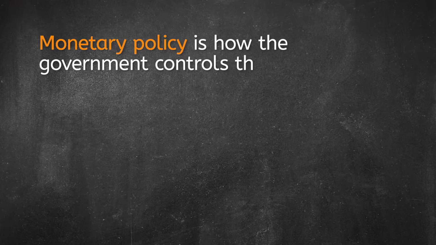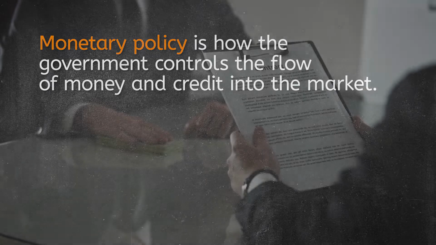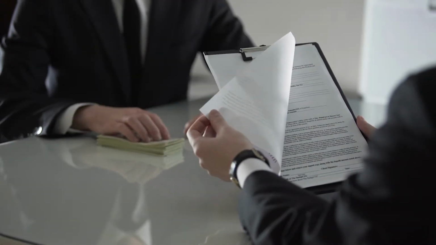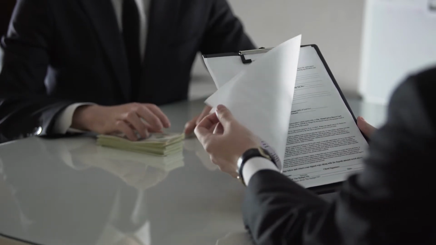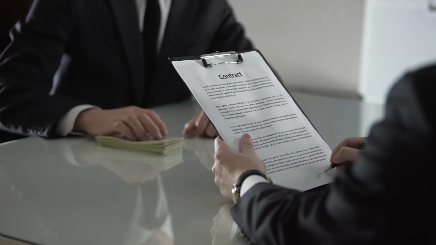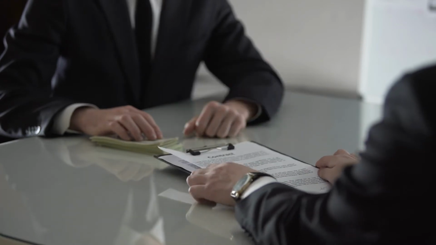Another tool that governments use in the marketplace is monetary policy, which is how the government controls the flow of money and credit into a market. Here in the United States, the government often lends money to citizens to start up small businesses. These loans are a form of credit designed to help private businesses better meet the needs of the community. Check out the lesson PDF to learn more about the Federal Reserve System, which enacts monetary policy in the United States.